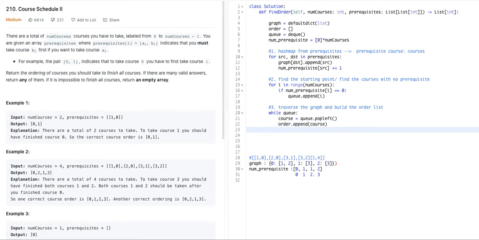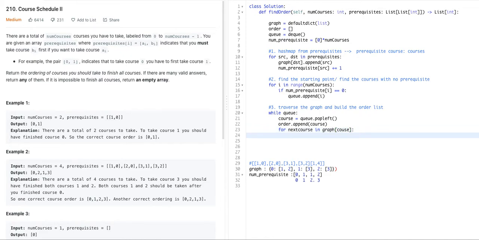And also we check for that course that didn't have any prerequisite if there are other courses that we can take after taking this course. We are going to say for next course in graph of the course, we are going to say